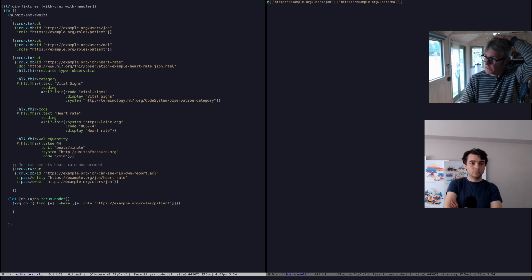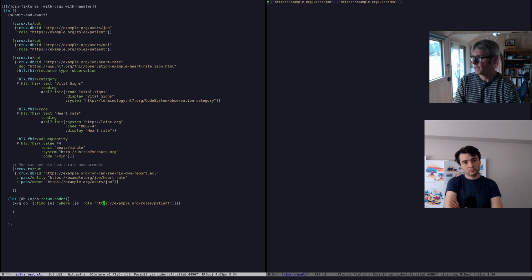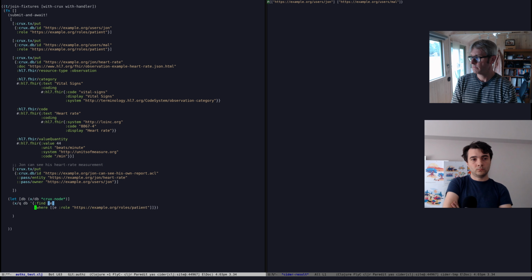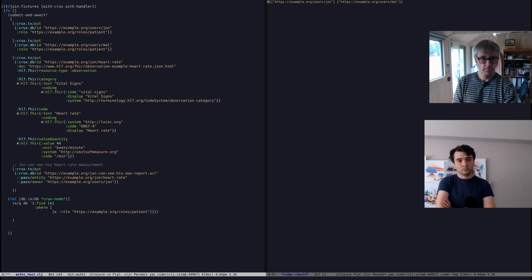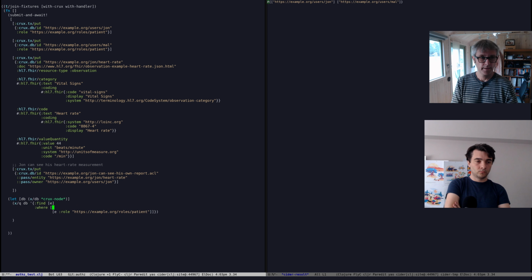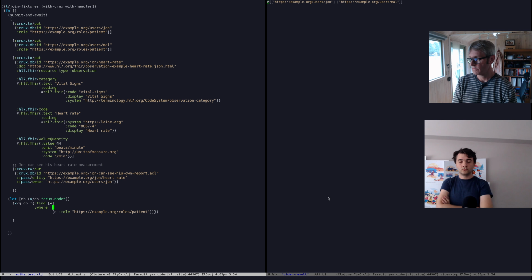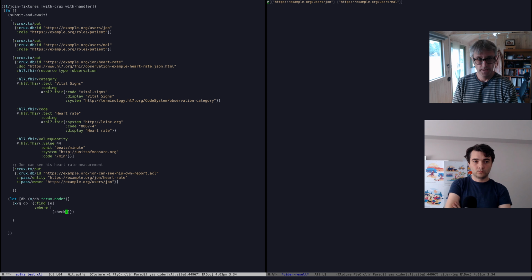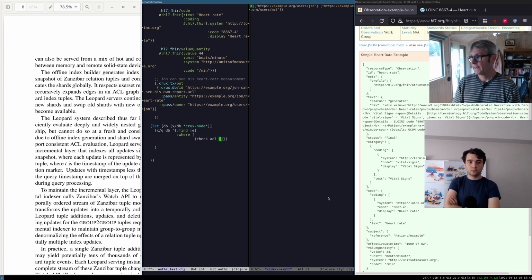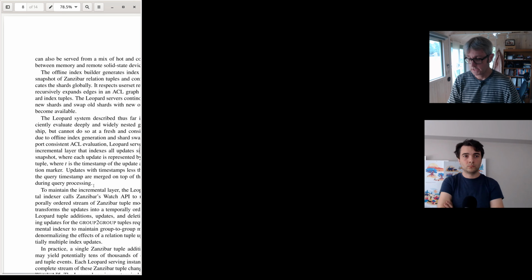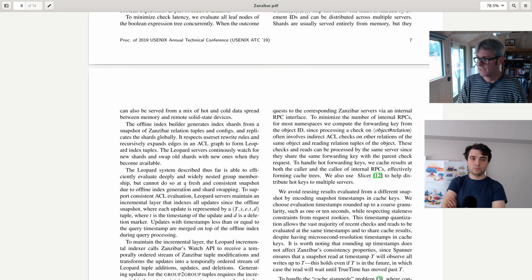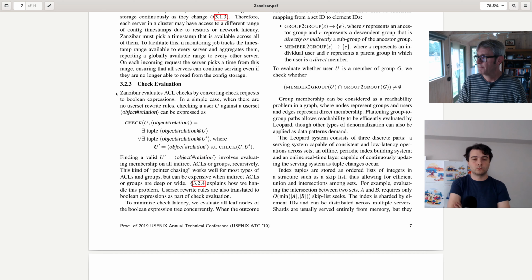So then I wanted to write a query to say, can John see his own heart rate? And so I decided to put in a where clause, rather than this where clause, to be able to say, well, let's check that there is some access control list. Now, I need to introduce this access control list, Jeremy, because it's a funny term, but